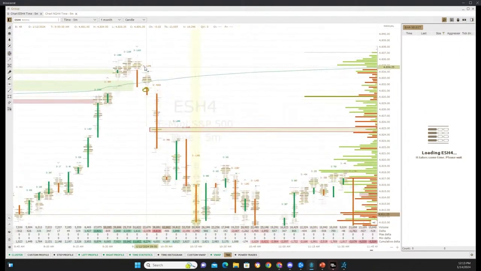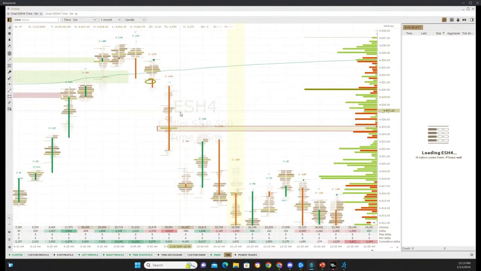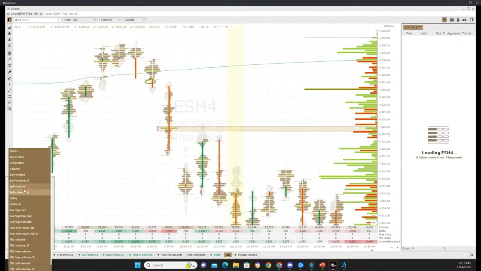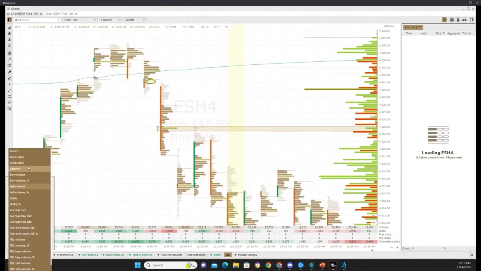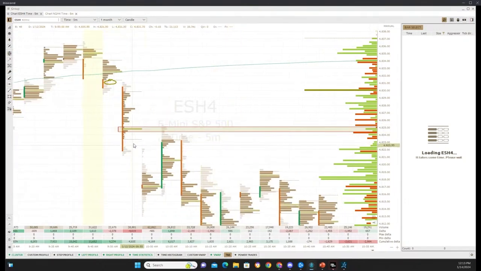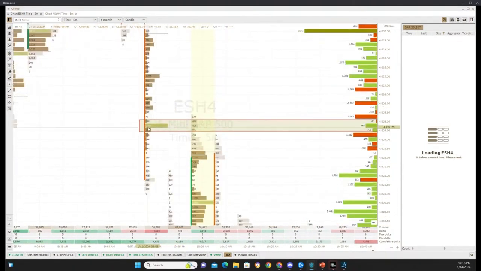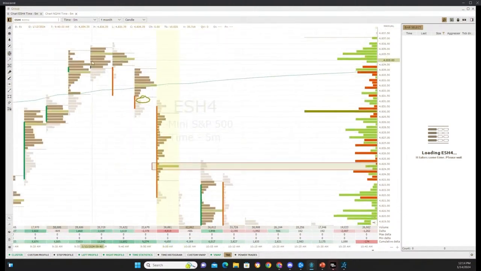But this seems to be a pretty good seller here on this candle. And you see how the volume is concentrated for this guy here. You can just tell by looking at the candle here, right? If I go on double, or let's go single, so you guys can see it really. Look where the POC is on that candle. POC is the yellow one. Highest amount of contracts is selling off here. So if they're able to reclaim this level here, I would say most likely they're going to find the supply